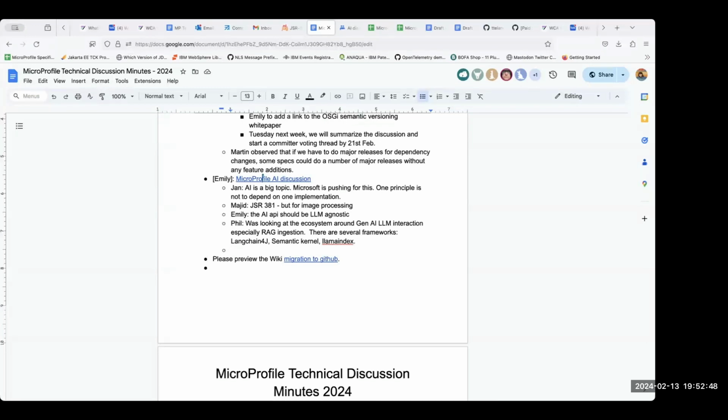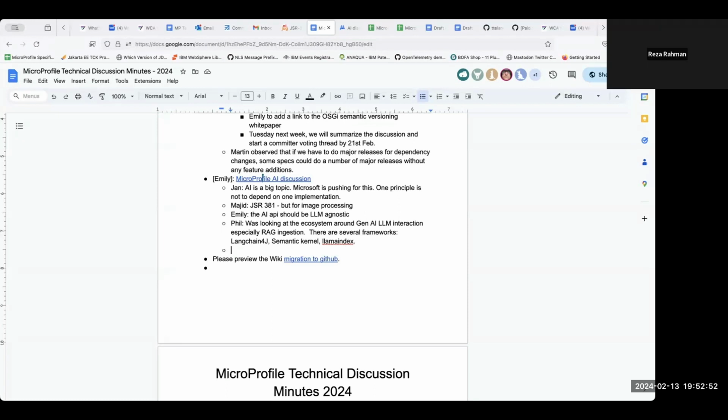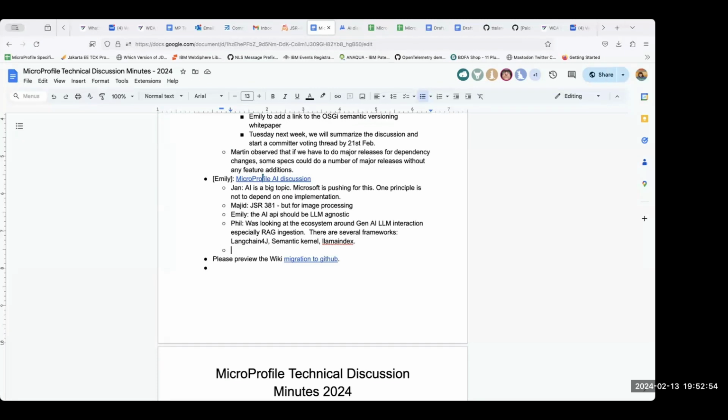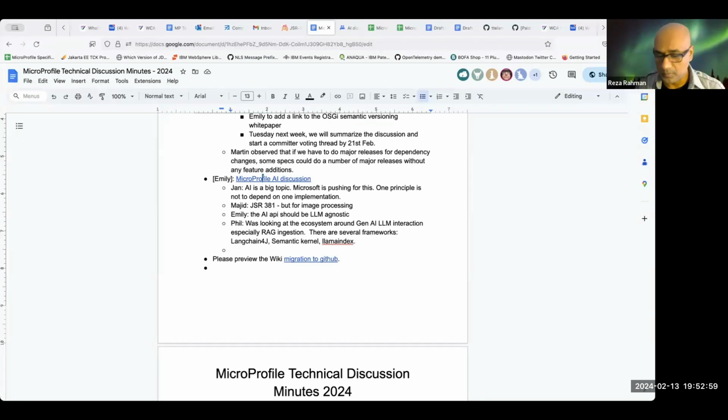Yeah. So, Emily, the problem here is that the little bit of interest that was shown on the Microsoft side is from the Azure OpenAI team.